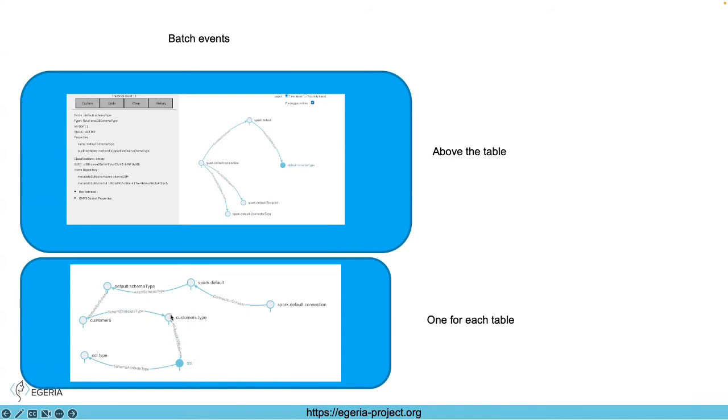If you followed the Egeria history, originally when we set up schema attributes and schema attribute types, we had the types separate from the attributes. And we made an optimization, because we had two sets of entities we had to create every time we had a schema attribute. Instead of having a second entity, we would specify the schema type information in a classification.